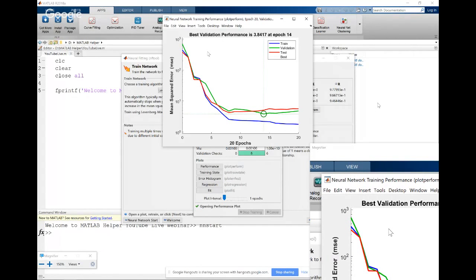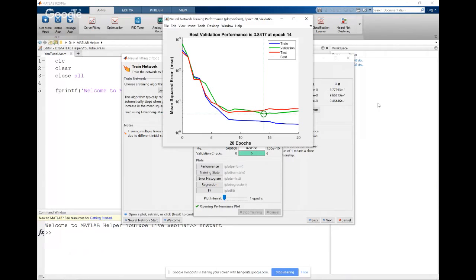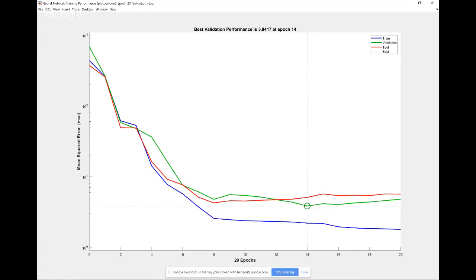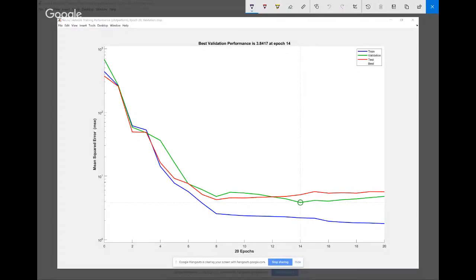Actually, I'll close the mirror right now because it might create a lot of confusion, and I'll open this plot over here to have a better view. This is a mean squared error plot against 20 epochs, which we already saw. And to explain this plot, let me use my pen.